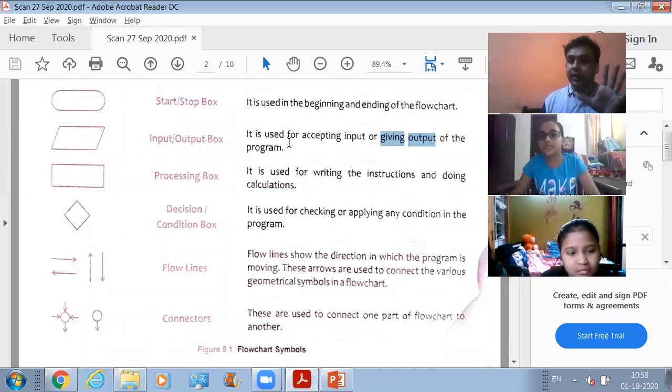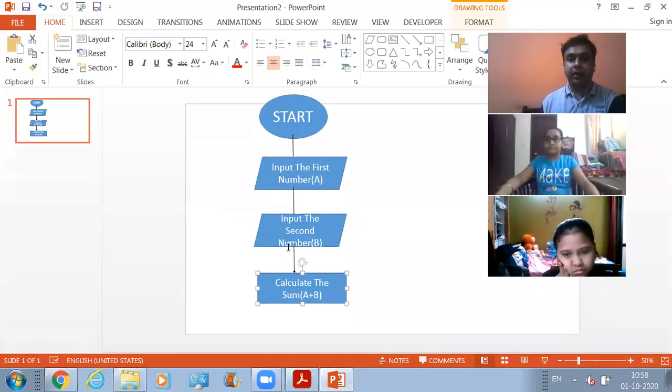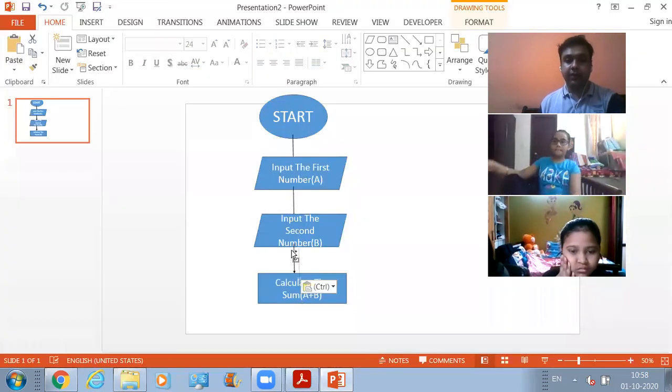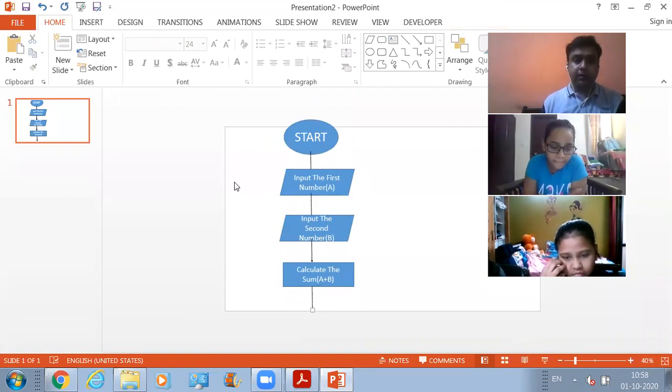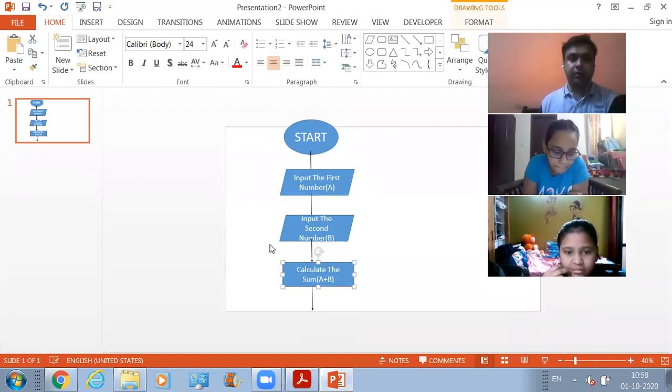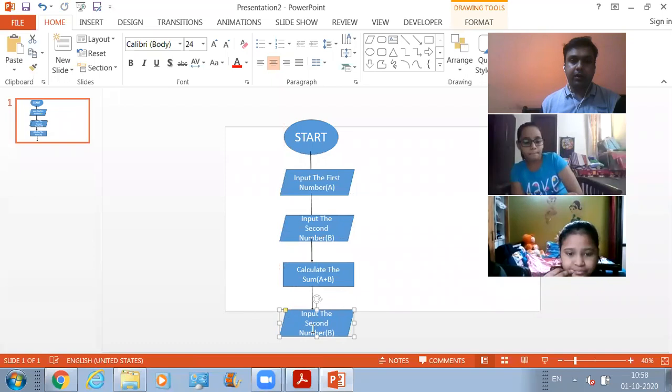Yes, sir. Is this clear to every one of you? So we will be using this input output box, right? Let's copy this direction sign and put it here. Then we copy the input output box and put it like this.